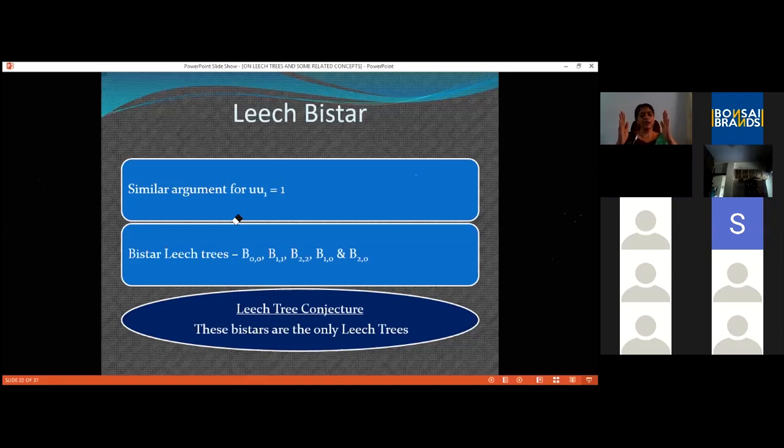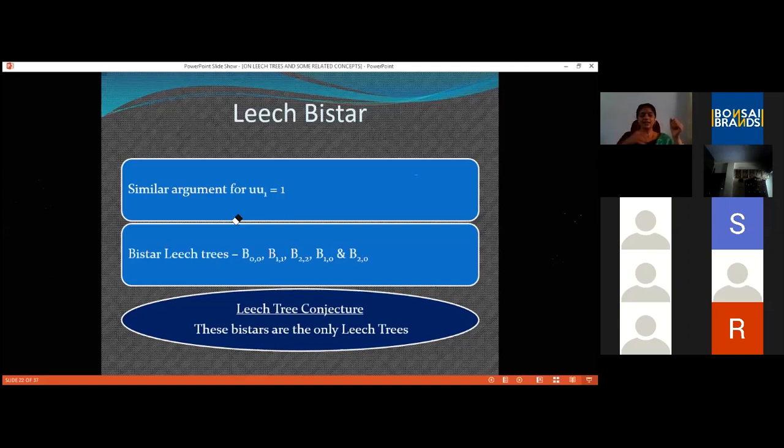Then B11 means one pendant vertex each is assigned to both sides, which gives me P4, which we have seen as a Leech tree. Then B22 means assigning 2 pendant vertices each towards both the ends, and that we have seen as the 5th Leech tree in our starting slide.